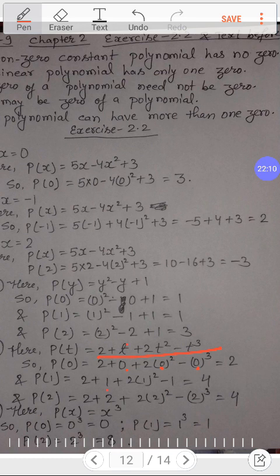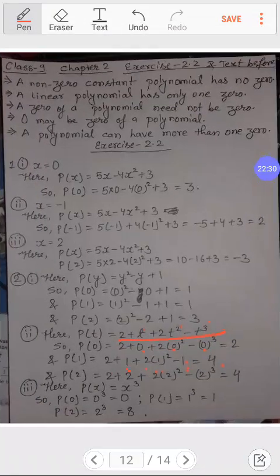So here in place of t it is 1, then t square becomes 1 square, and t cube becomes 1 cube, that is 1 only, so I had written 1 over there. And what happens? 2 plus 1 is 3, 3 plus 2 is 5, 5 minus 1 is 4. If you will see, there is P2. P2 is what? In place of t we will be keeping 2, so 2 plus 2, and 2t square, so 2 into 2 square, minus t cube, so 2 cube. And I had written the answer.